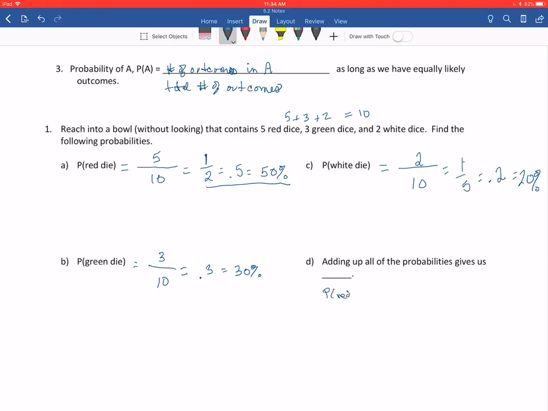And then here's something that's very important. All of these probabilities, if we add them up, so the probability of red plus the probability of green plus the probability of white, those are all 3 options here, is 50% plus 30% plus 20%, or 100%. So if you categorize every possible event that could happen, they should all add up